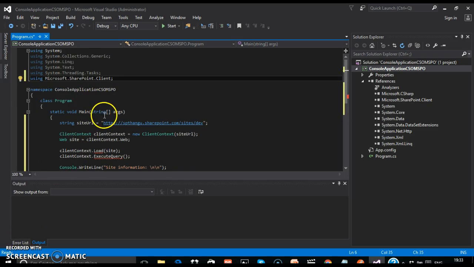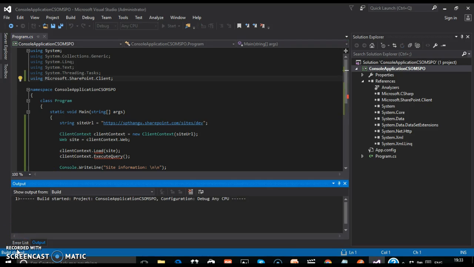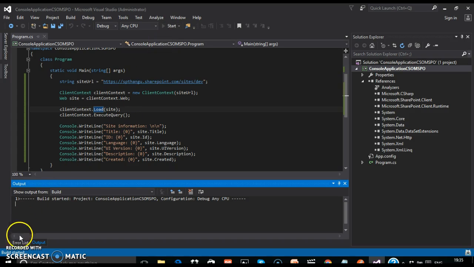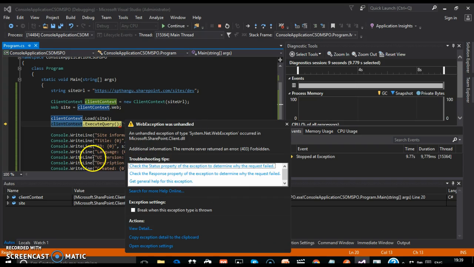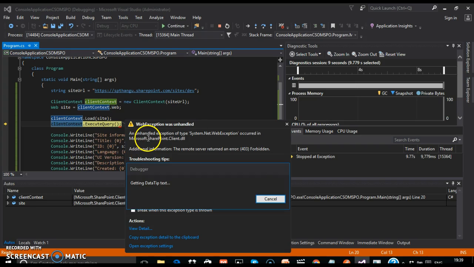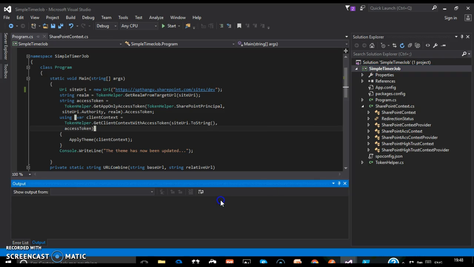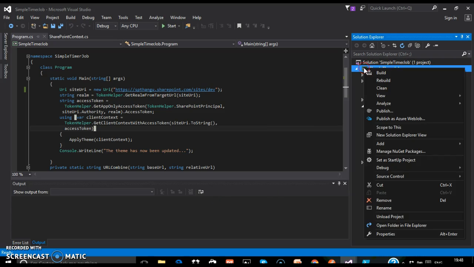And then we add a reference to Microsoft.SharePoint.Client.dll. And let's build the solution. Okay, the build failed because a reference should also be added from Microsoft.SharePoint.Client.Runtime.dll. And let's just run this. Well, an exception has occurred because this is an online site, but if this is an on-premise version, this code would work. So if you want to work with SharePoint Online, you just have to add